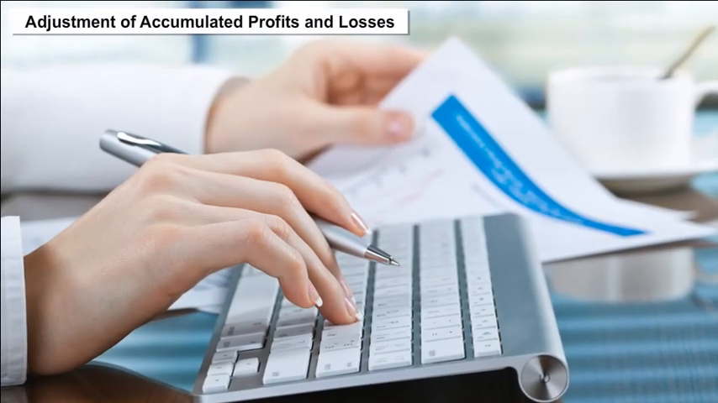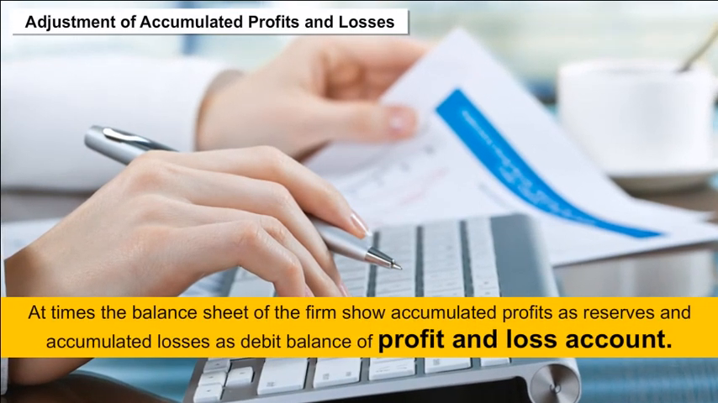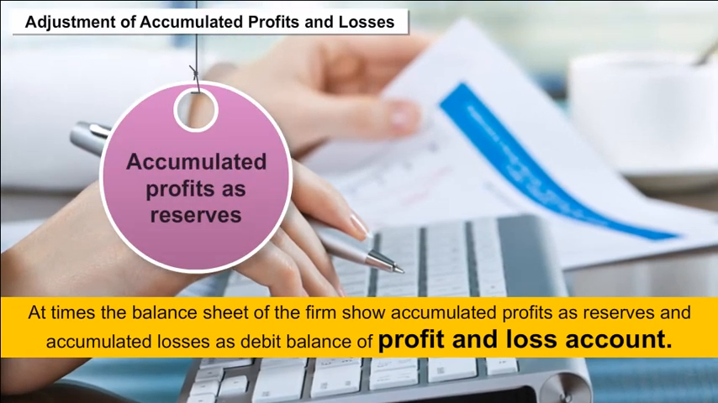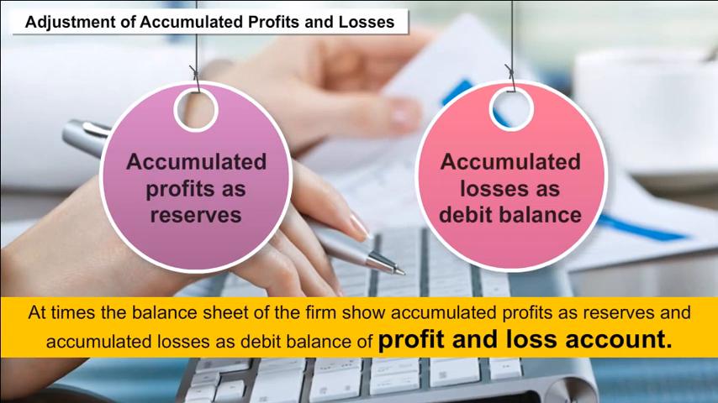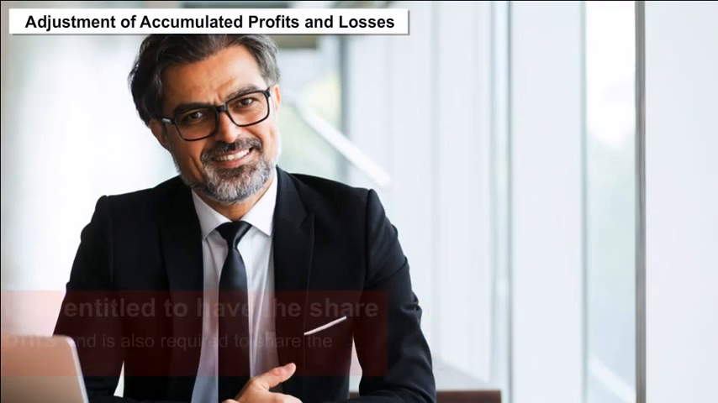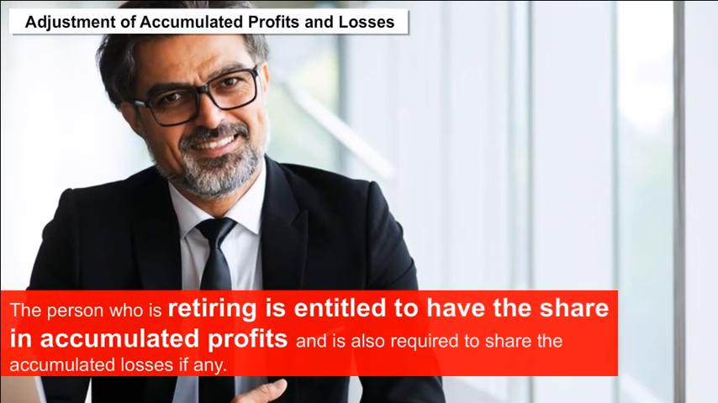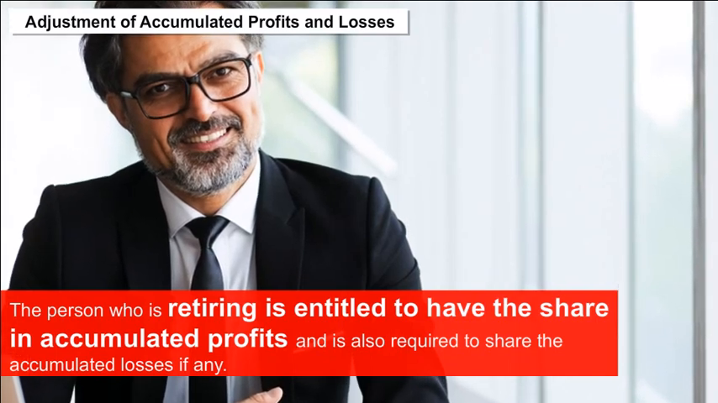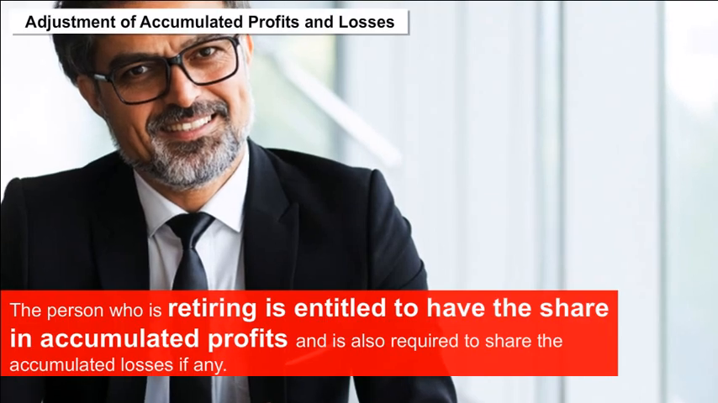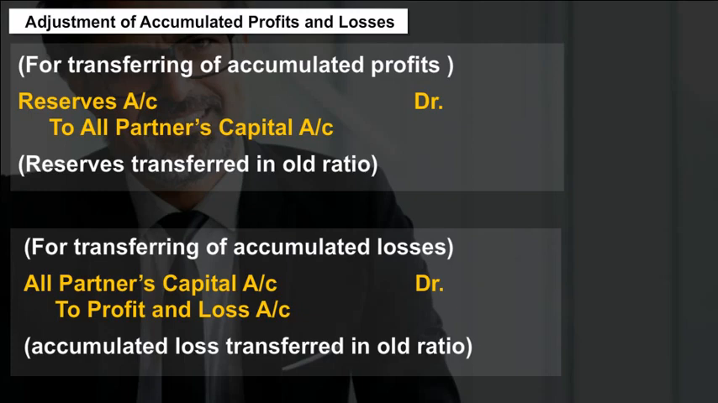Adjustment of accumulated profits and losses. At times, the balance sheet of the firm shows accumulated profits as reserves and accumulated losses as debit balance of profit and loss account. The person who is retiring is entitled to a share in accumulated profits and is also required to share the accumulated losses, if any. The journal entries for the same purpose shall be